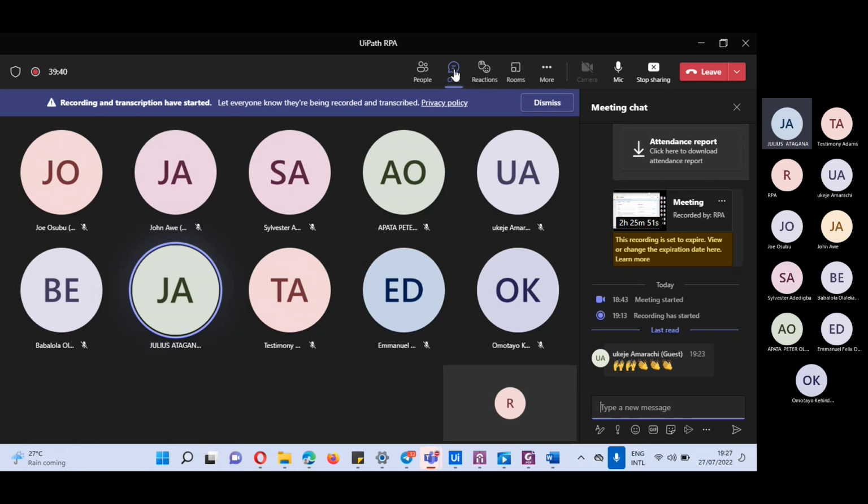So we want to go back to the orchestrator and see what we have done. The last time it seems I was too fast. At another time, some person said I was too slow. We'll just see how we can put everybody on the same track. We can't meet everybody's need, but together we'll see what we'll do. With the short time given to us, we'll kick start. I believe every one of us here has Studio on his or her laptop, so somebody should volunteer to do the practical while we do the talking.